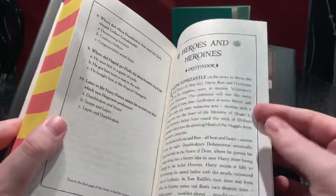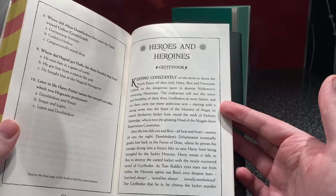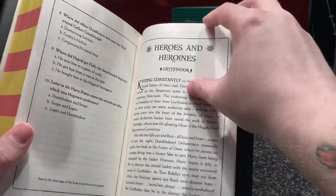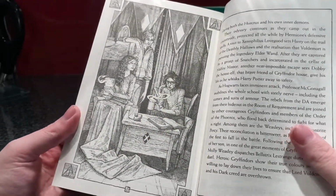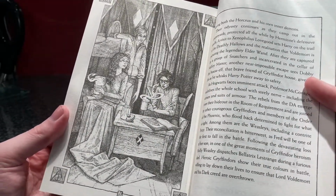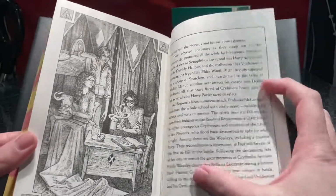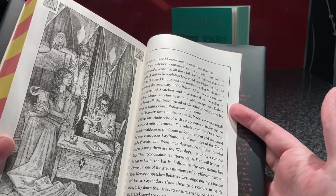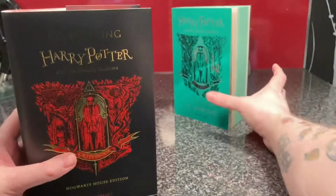And then we have heroes and heroines. So just to kind of show off how it's mainly about the trio, I think. And then I'm sure the next page must have more info. I like this art here of the trio. That must be when they're on a camping trip looking for the Horcruxes. Don't really know what's up with Ron's face, but yeah. And it just shows off how Gryffindor's story fits in, and I really like the kind of clash of